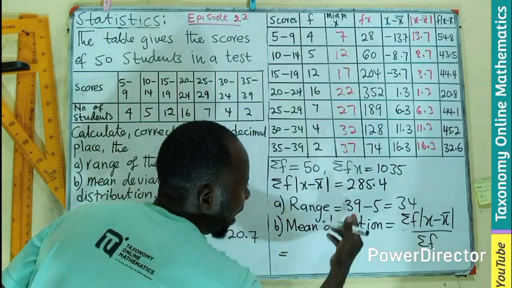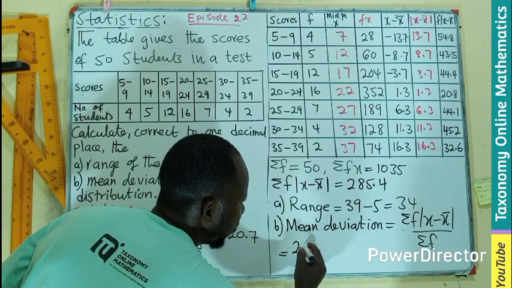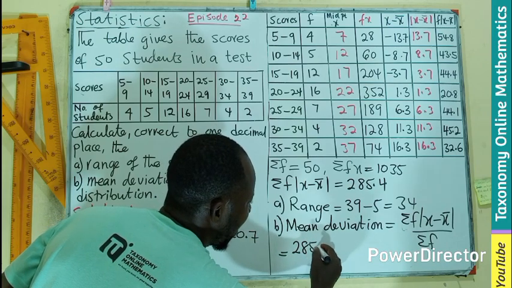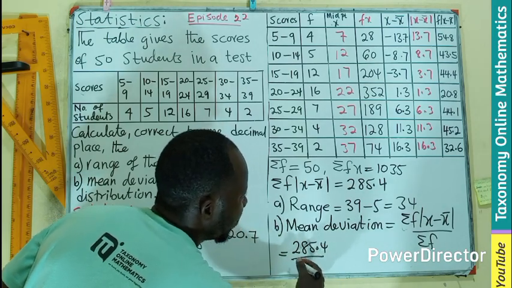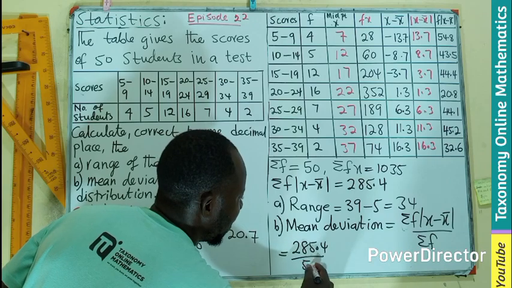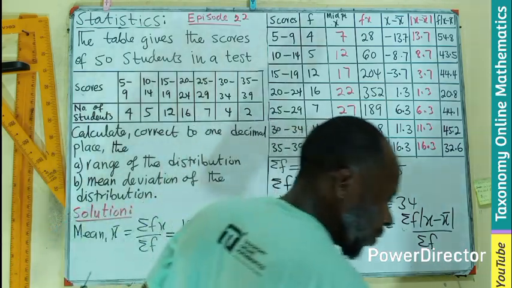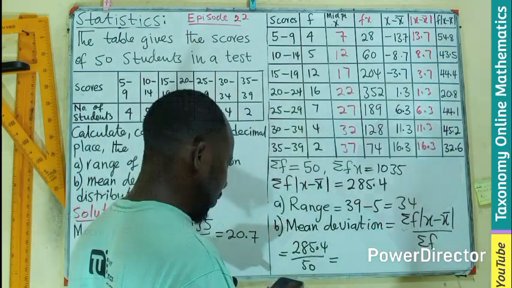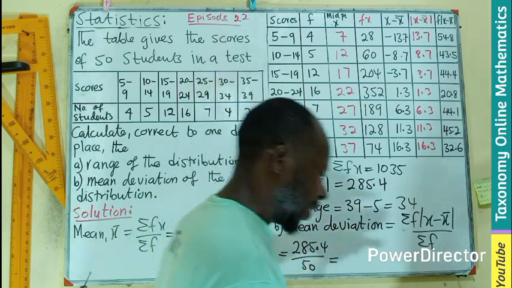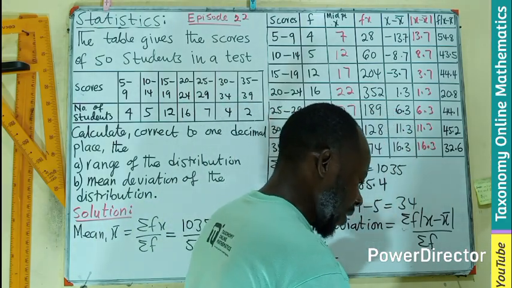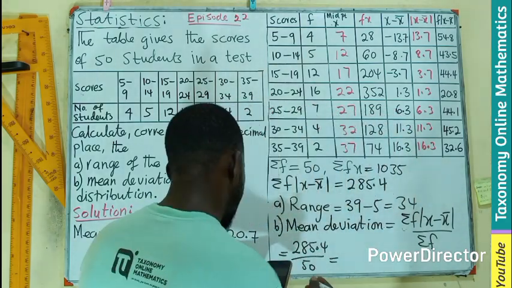So if I'm to write this, 285.4 divided by 50, we can do that on our calculator, and that will be giving us, let's use the red marker, that will be giving us